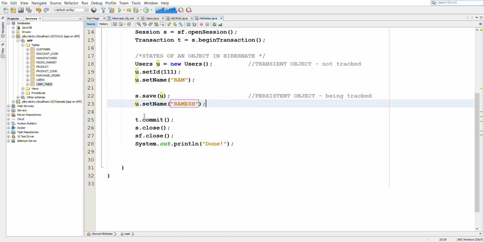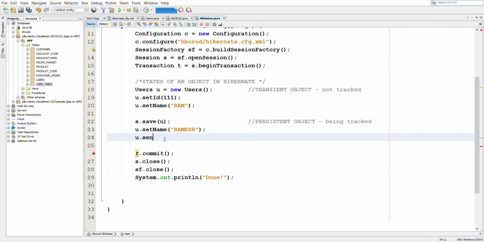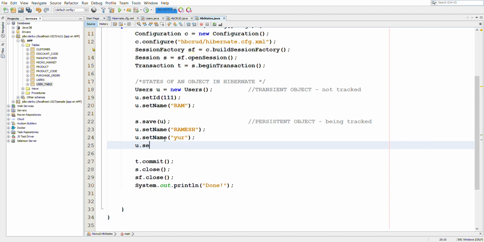Now, whatever changes happen to this object, so let's say we change the name of this object and give it a new name, and then we again set the name to something else.